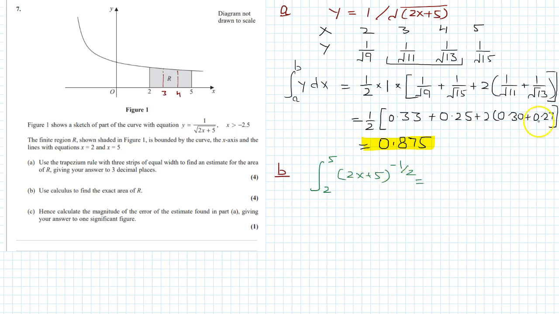So its integration is 2x plus 5 to the power minus half plus 1 over minus half plus 1, multiplied by 2. And that is 2 to 5. So that is equal to,